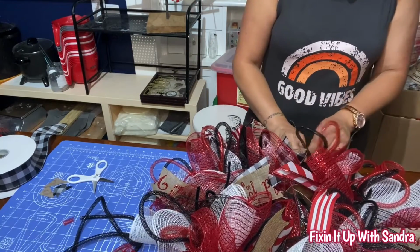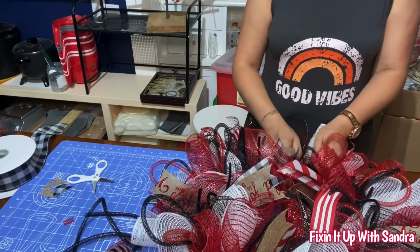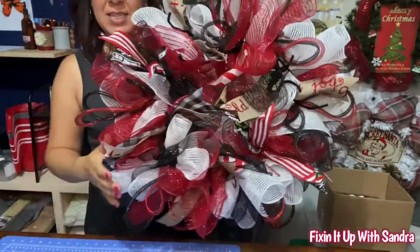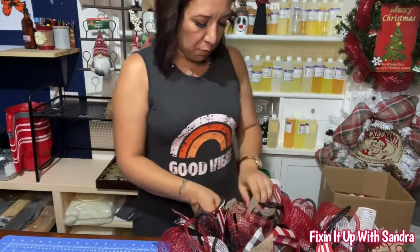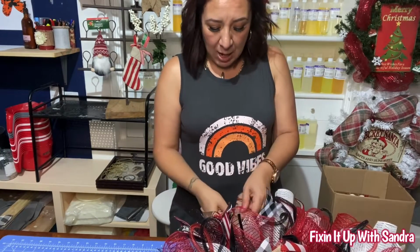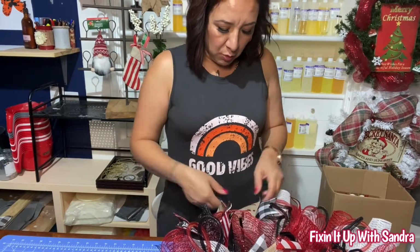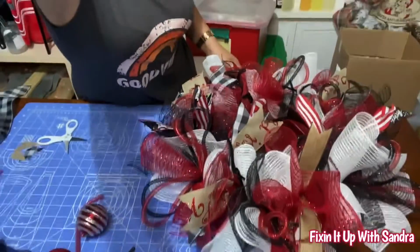All right. Get this last one. And now you can see why I love to have the long pipe cleaners, because you're gonna need it. Now, remember, we have not spaced out our ribbons just yet, but as you can see how full it is, you can see the peaks of the ribbon. It'll look really cute once we start pulling it apart. I'm going to start adding some ornaments to this. So then that's when I'm gonna really start to move this, separate the ribbon, really see exactly how this looks, cut down some of the pipe cleaners where we're gonna be inserting our